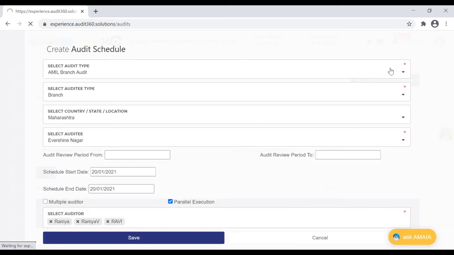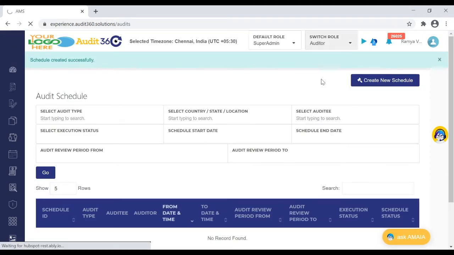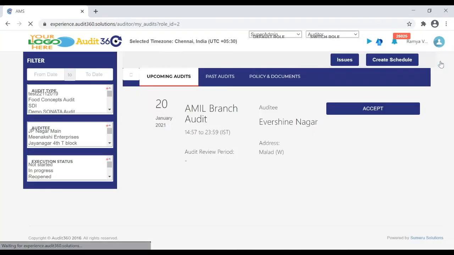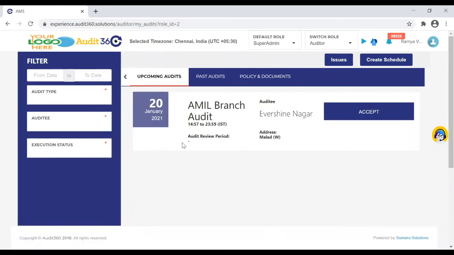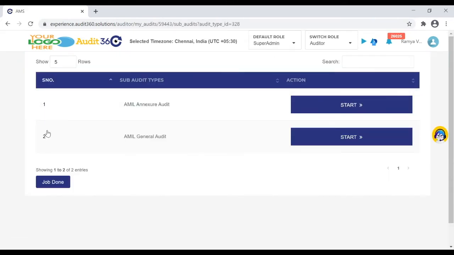I'm going to an auditor role. If you see, we have a schedule which has been allocated. I accept the schedule and then get the audit started. Once I start the audit, there is a job done button which has been introduced.